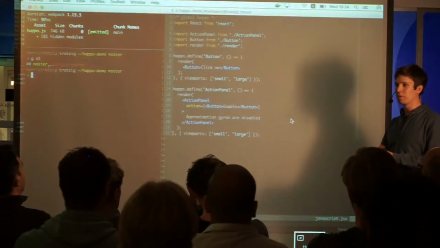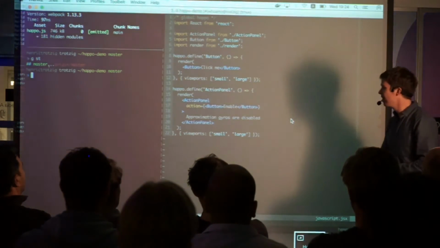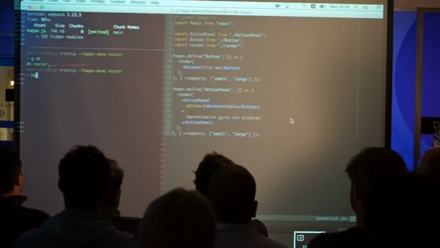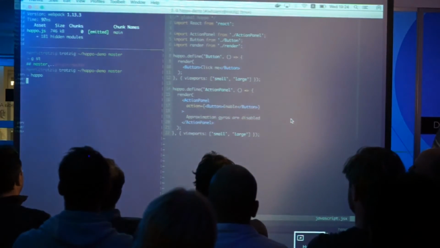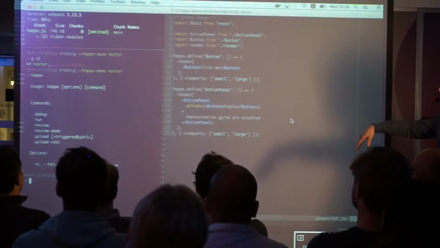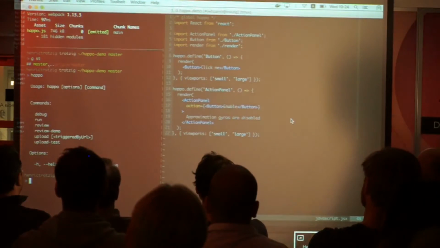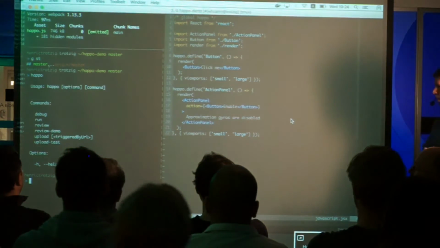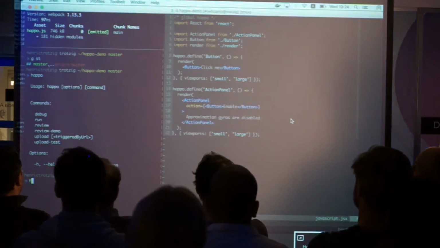And if you're not using one, you should look into it. So let's do this, and this will be fast. First of all, Happo is just a command line tool. We have a bunch of commands that we can run. Let's just run debug first.